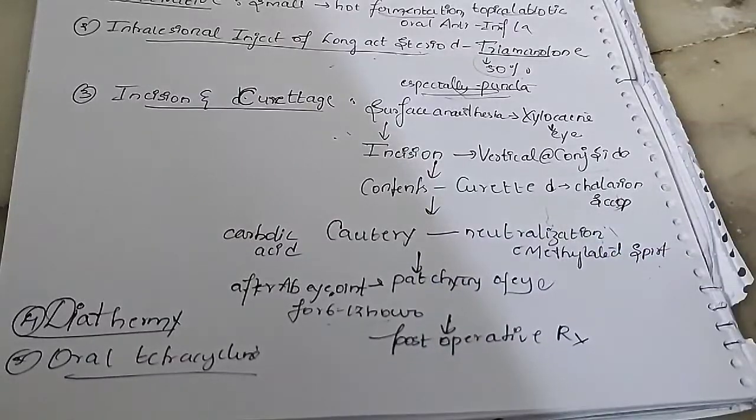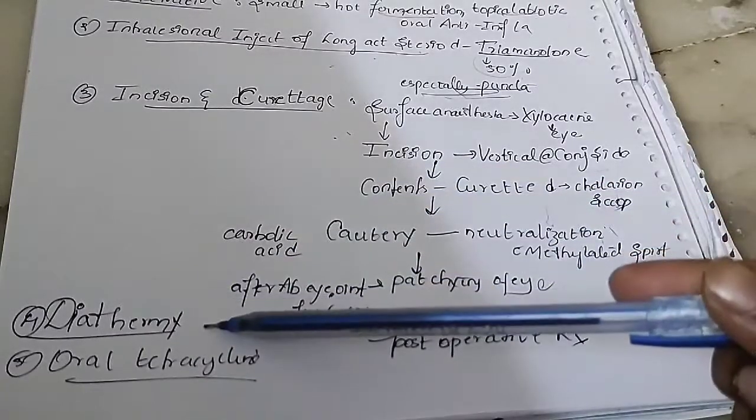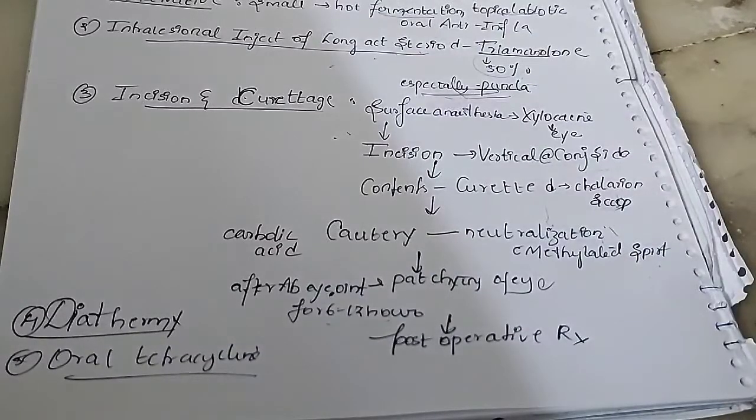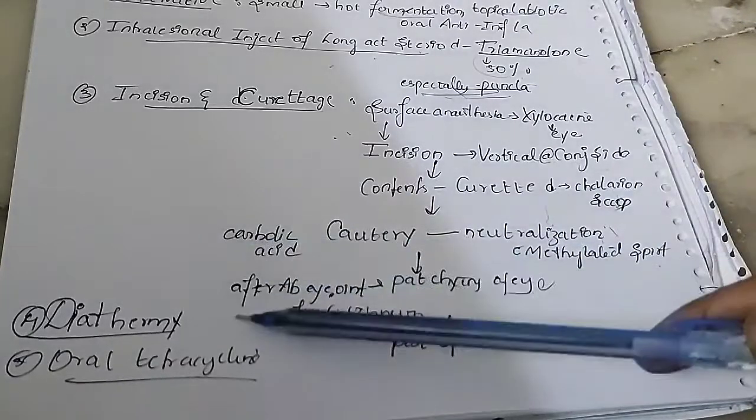Then at last, we could do some post-operative treatment to prevent infection or recurrence and to decrease discomfort. We can apply hot fomentation, antibiotic eye drops, or oral anti-inflammatory analgesics and oral antibiotics for 4 to 5 days. And we could also do a diathermy if a marginal chalazion is seen. I've told you a marginal chalazion is seen occasionally when there is a small reddish gray nodule on the lid margin. Chalazion is not usually seen on the lid margin, but if it is seen, it is called a marginal chalazion. So in that case, we do a diathermy.